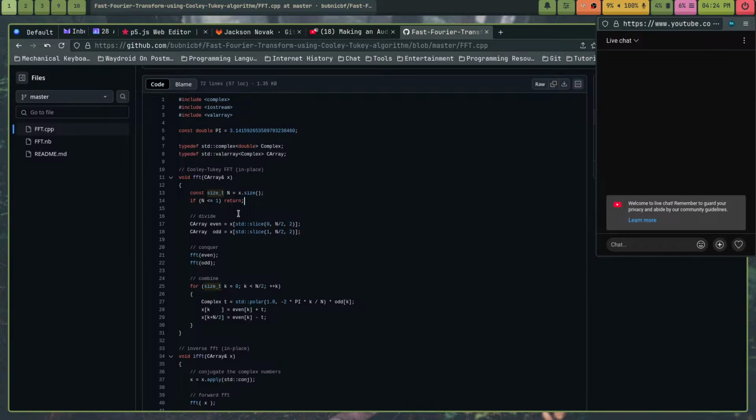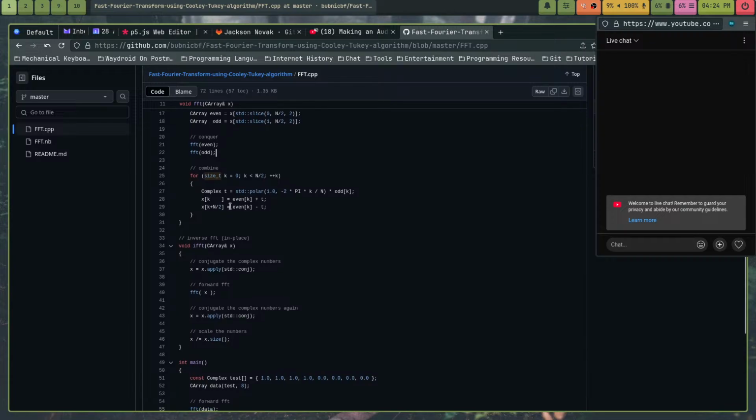Even. And then I'm doing slicing here. And I'm taking a slice of this and slicing it. I'm taking this slice and slicing it more. That's what I'm doing in my C code. And then I'm doing the conquer phase. And then I'm doing this, and